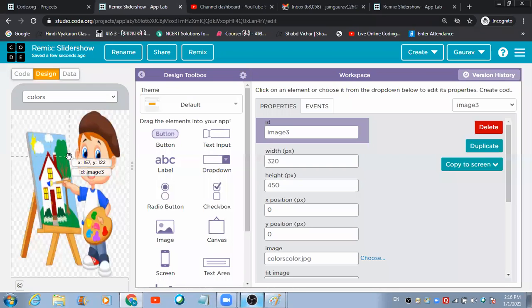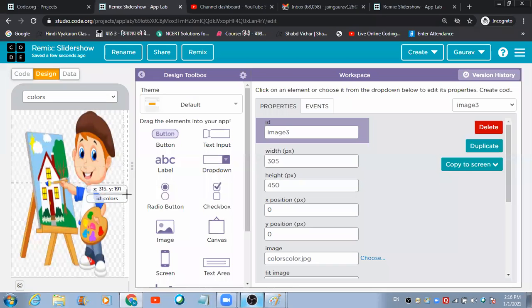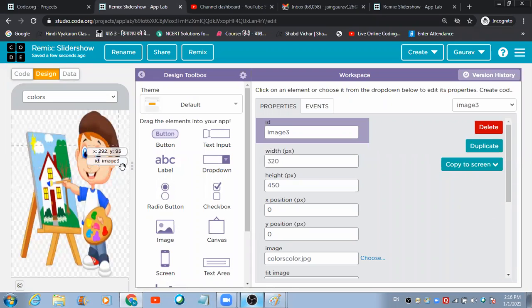I think I have told you about that website in the first lecture only. Yes, guys, you can make use of that website in order to remove this background which you're seeing right now, in the back side